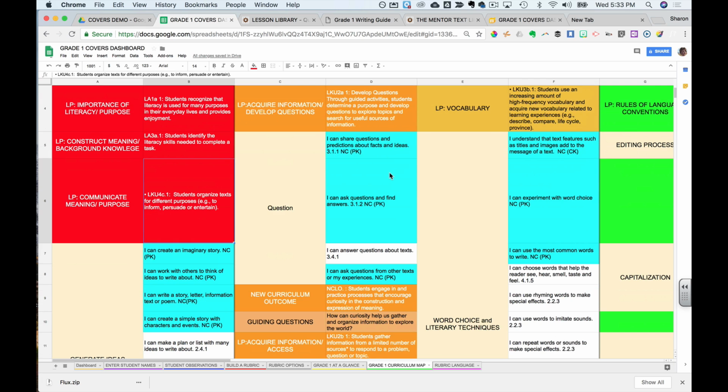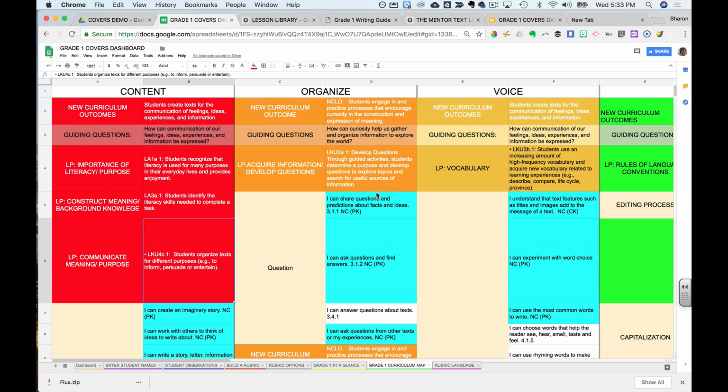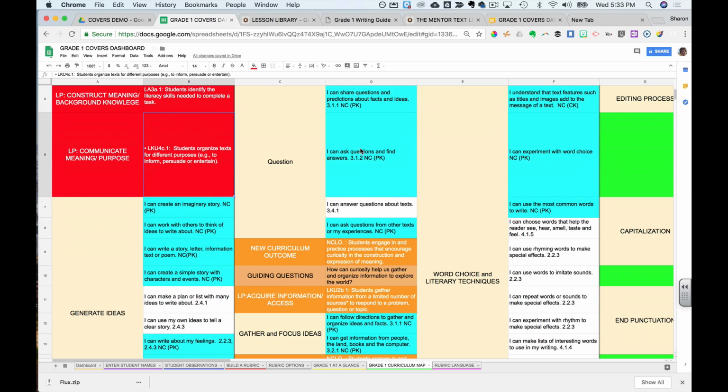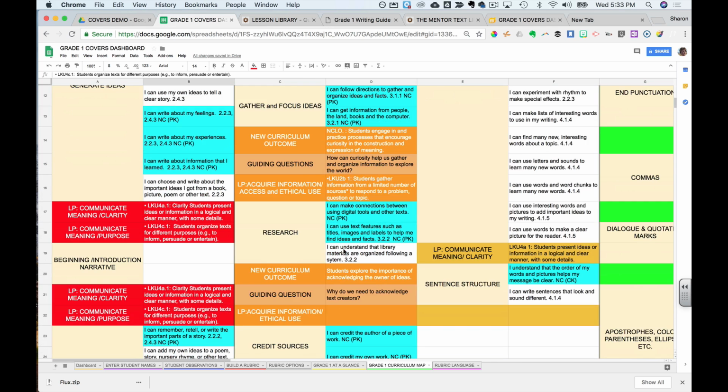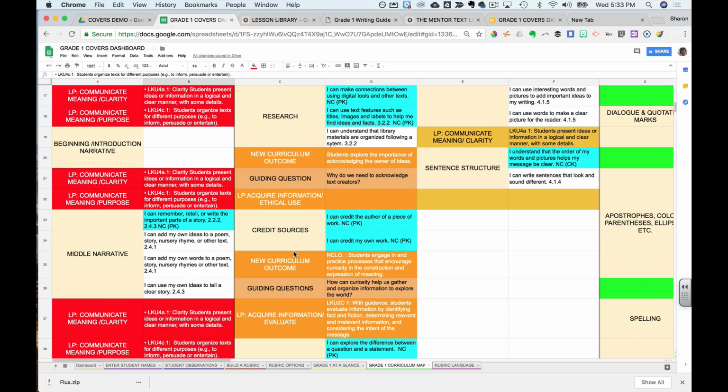Again, the blue is for new curriculum, the white is the older curriculum. But it doesn't really matter because these are now like our suggested things that we can build mini lessons around no matter what our big idea topic is, okay? So if I'm looking at working on questioning, gathering and focusing ideas, these are the I CANs. Could be working on actually going to get the research done,